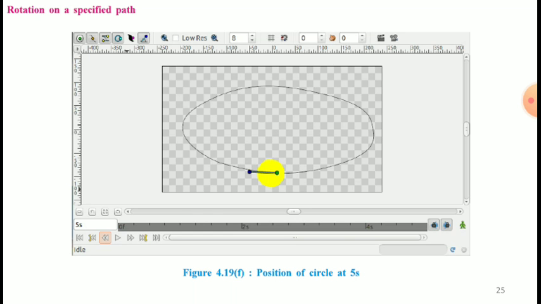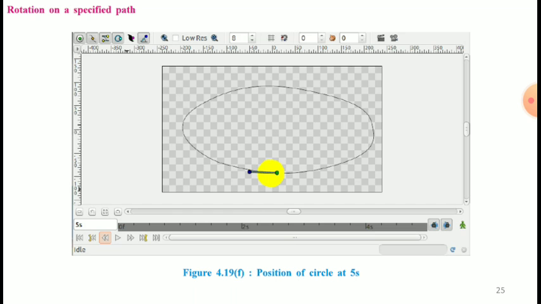And do not drag the circle directly to the end point by moving in the clockwise direction. This will not properly record the position of the circle at different timing locations. And next, click on play to preview the animation.